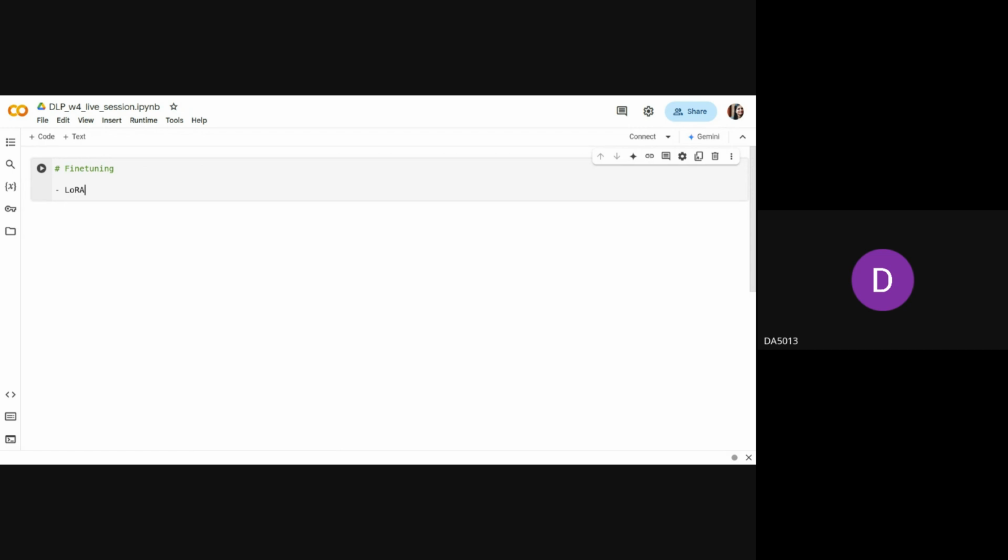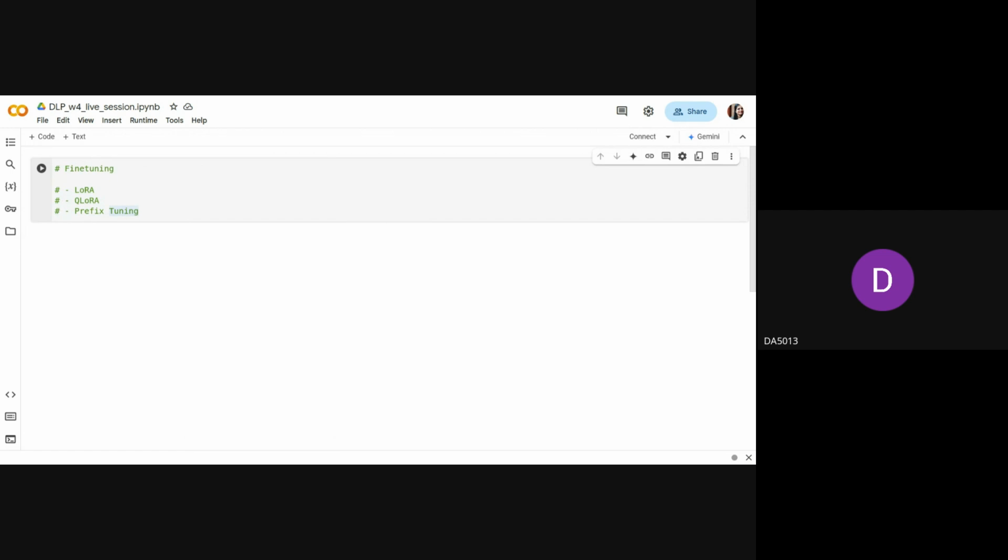The first thing that we'll see is low rank adaptation, and then we'll see QLoRA, which is quantized low rank adaptation, and there's also another one which is prefix tuning. So these three are different ways to do fine tuning, which means we already have a pre-trained model and